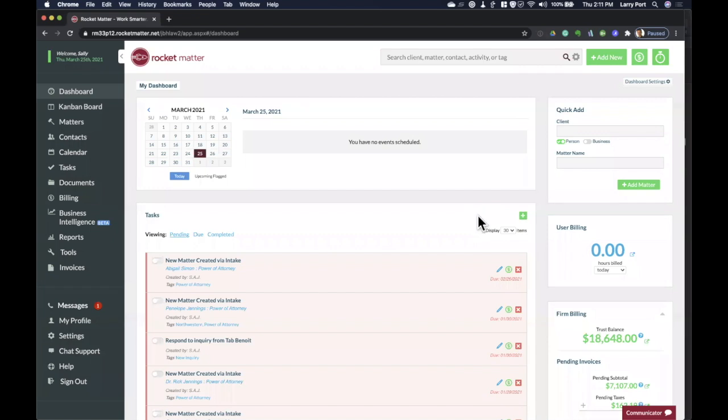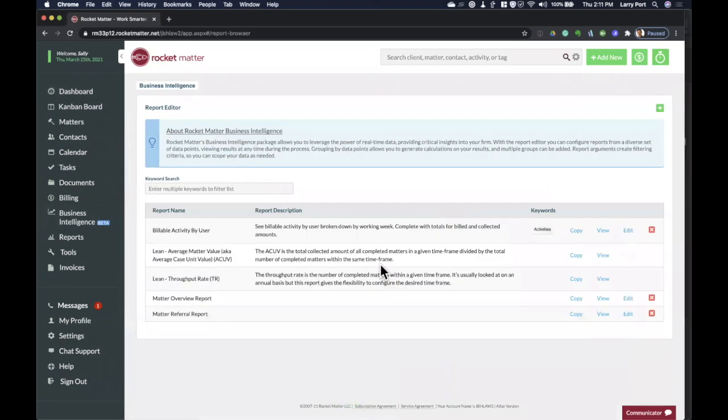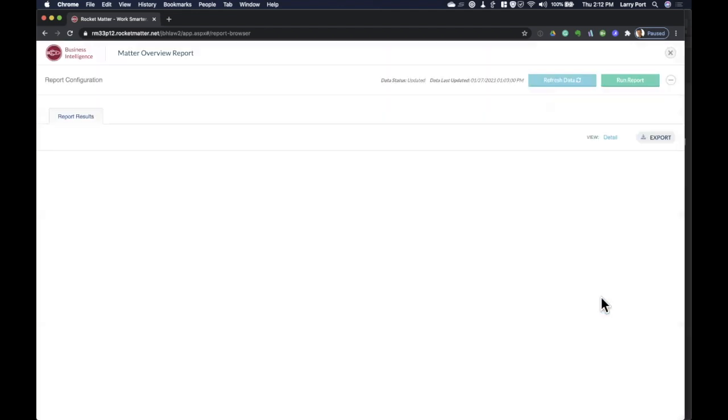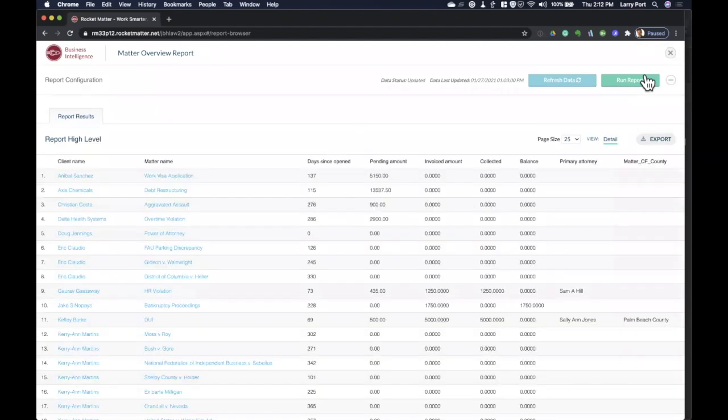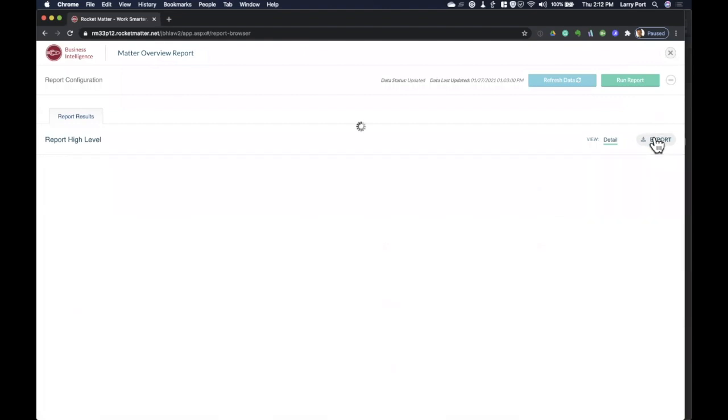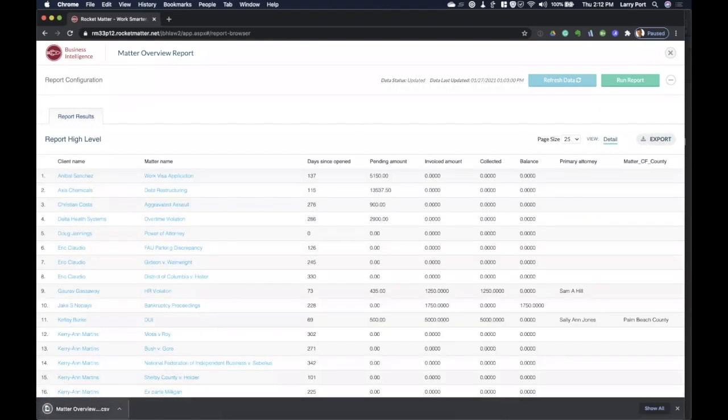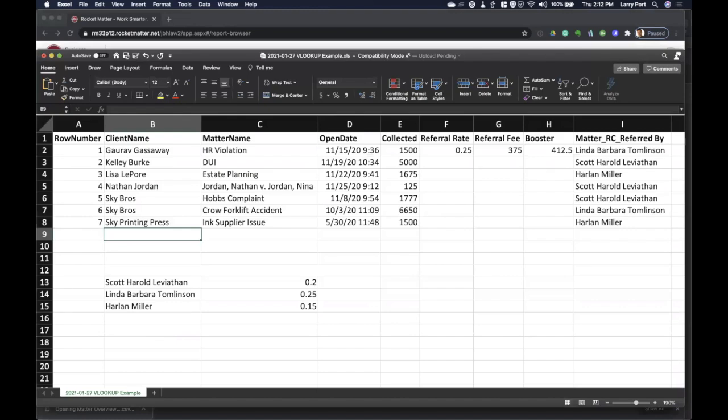So I'm in my practice management application, and I go to the business intelligence tool. Let's say I want to run a matter overview report. This is a custom report that I built. I'm going to run my report. Okay, so this is the custom report that I built, and I'm going to export it. And down it comes.